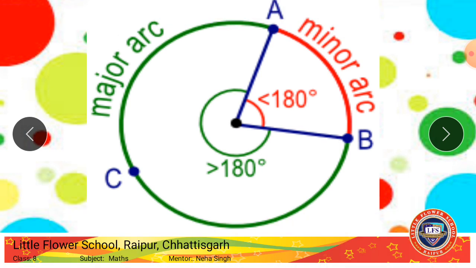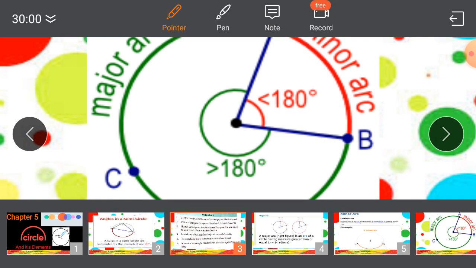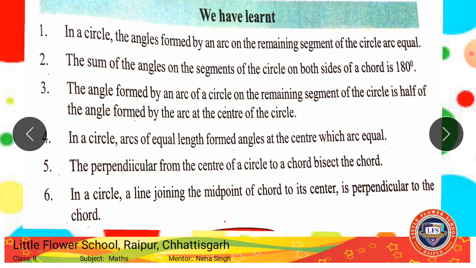In this we can also see, this is the minor arc, right? This we can say is less than 180 degree, because 180 degree will be a straight line, and this, the green portion, is the major arc, right? This also you need to know, minor arc and major arc, because the first exercise is based on this concept, arcs, minor arcs and major arcs. Let us deal with some points here.